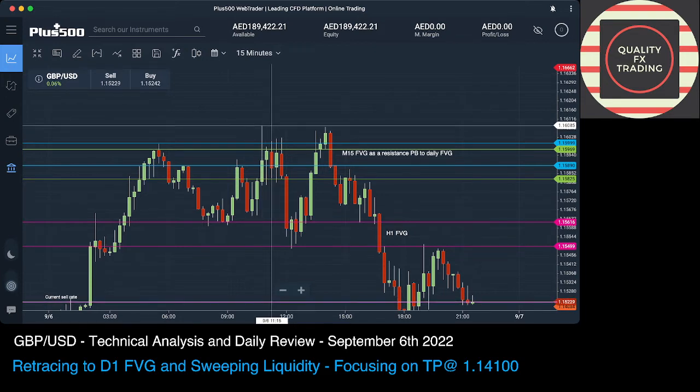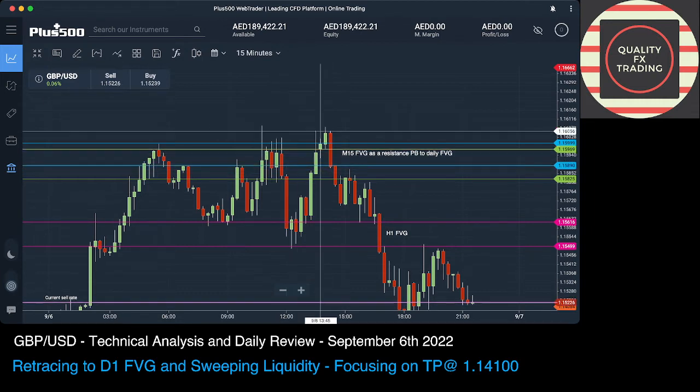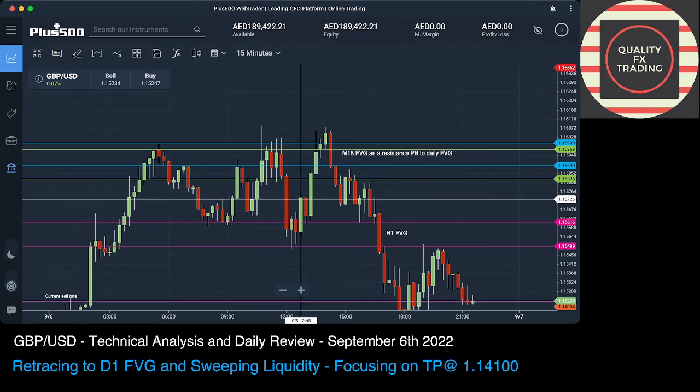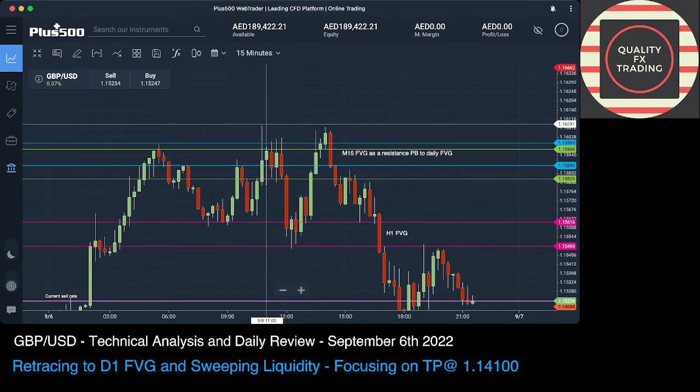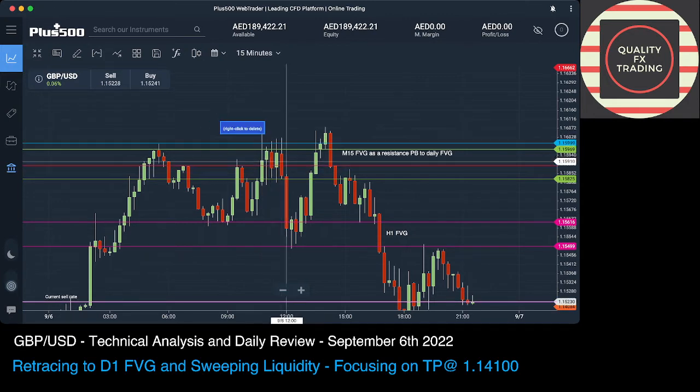It never broke that high because market structure was shifted before this. And those who sold here and kept a stop loss above this high, their stop loss never got hit. Why? There is a clear reason, because before that we already retested this daily fair value gap, and from there we got